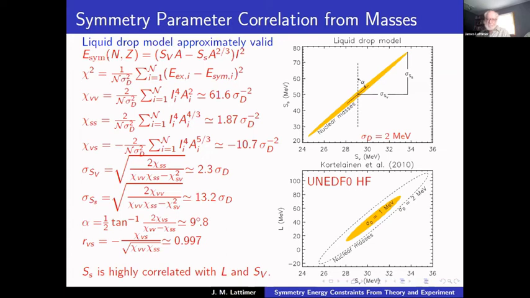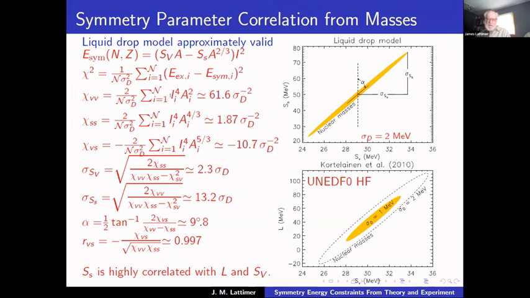And that's shown here. The correlation between SS and SV is quite significant. This comes from a study using the liquid droplet model, fitting a couple thousand measured nuclear masses. And the parameters of this confidence ellipse are actually independent of the symmetry parameters themselves. They're dependent only on the properties of the nuclei that we're measuring, namely their masses as A, an integer, and